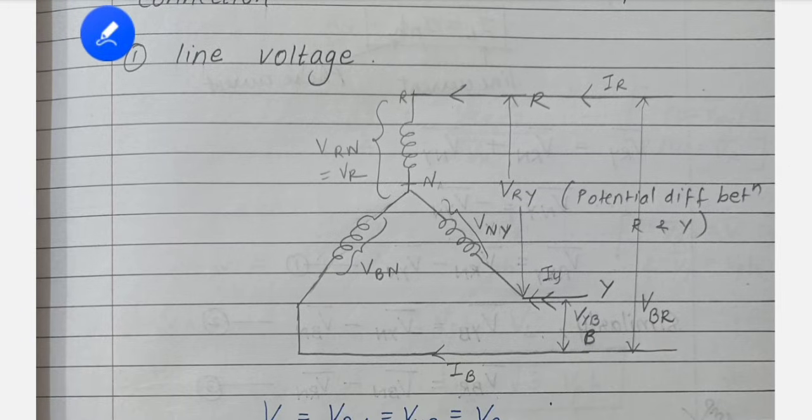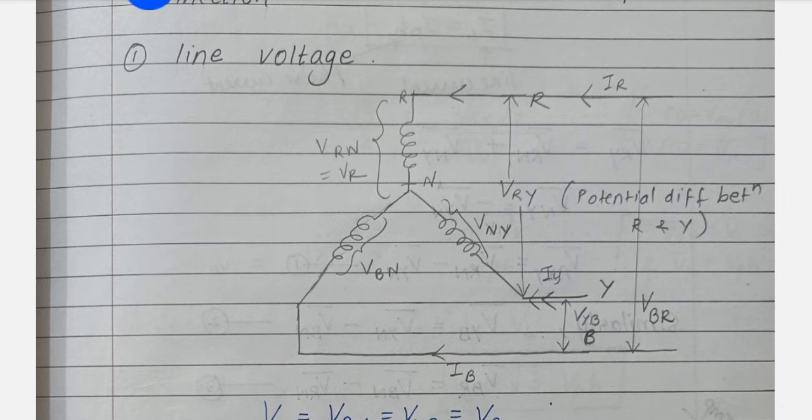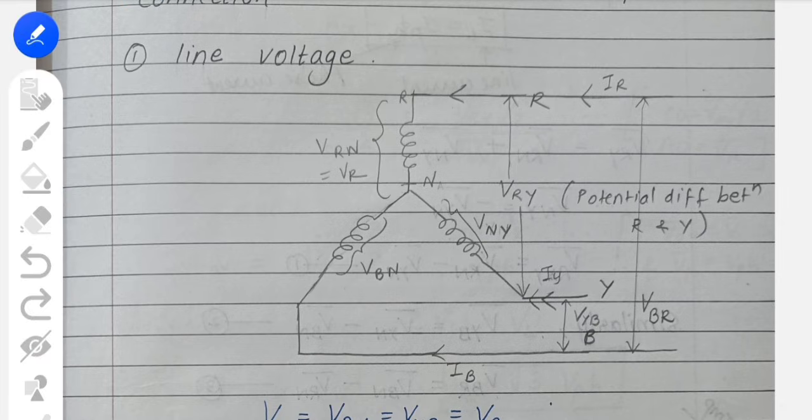If I consider this diagram, first of all you can see this star connection. We are now familiar with it. I have connected the windings at the neutral point, that is your star connection. And as I told you, you have to mention R, Y and B. This B is connected over here, so we will consider this as B. So this is the R, Y, B connection. I hope you are familiar with this now.